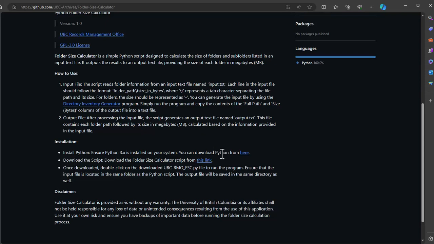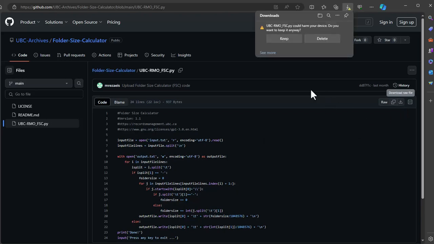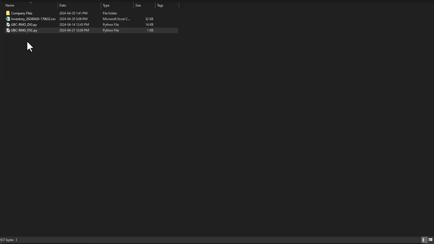So after you have Python installed on your system, you'll just need to click on this link to get the script of the folder size calculator. In this page, you'll go to the download icon here and click on it to get the file. And you'll need to click on keep to get the Python script downloaded onto your system. When you have the ubc-rmo_fsc.py file, which is the folder size calculator file, you'll need to create a text file as an input to